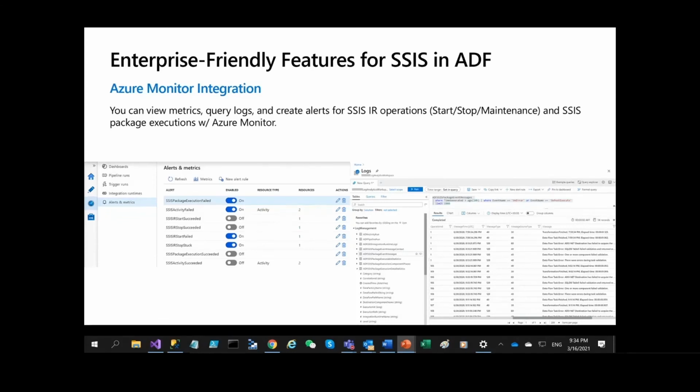In this way, the customer can actually set alert. And whenever their SSIS IR start operation fails, for example, they will be alerted through SMS, short messaging service, or through email, or even through Event Hub. And if their SSIS package execution fails or succeeds or whatever, right? For example, on my screen, I enable SSIS package execution failed and activity failed. Also, if the SSIS IR start fails or the SSIS IR stop operation gets stuck, it will send me an alert,